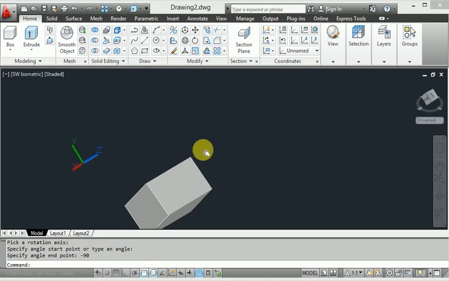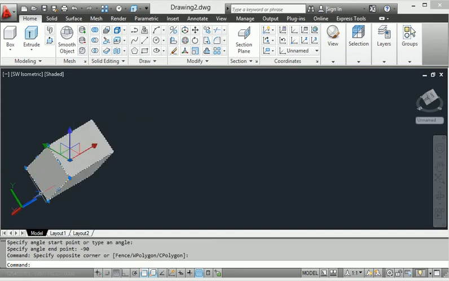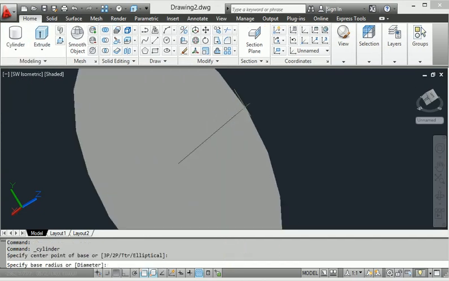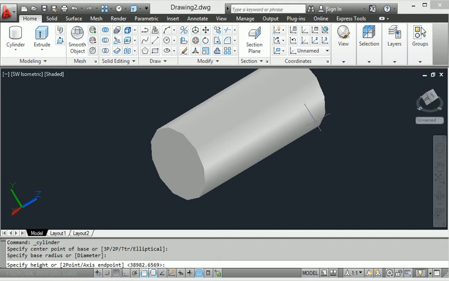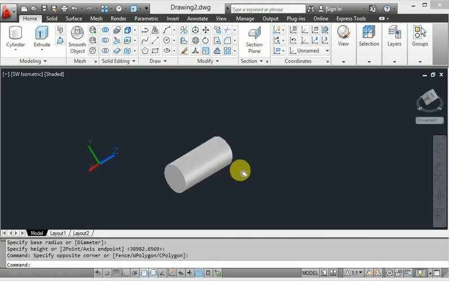Another one, I have to create the other rectangle, other diagram. When I make a cylinder here, use the cylinder command right now, then I create the cylinder. Okay, then also I will use the rotate command.